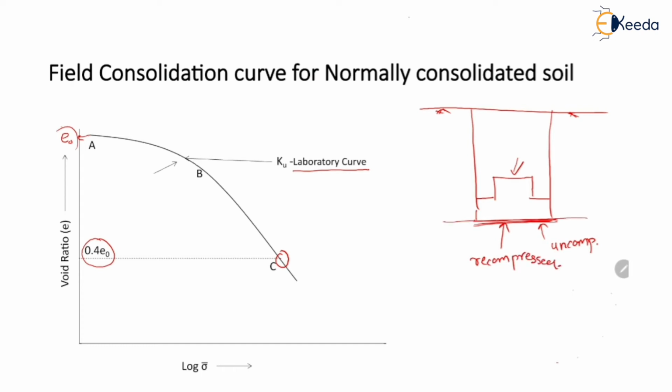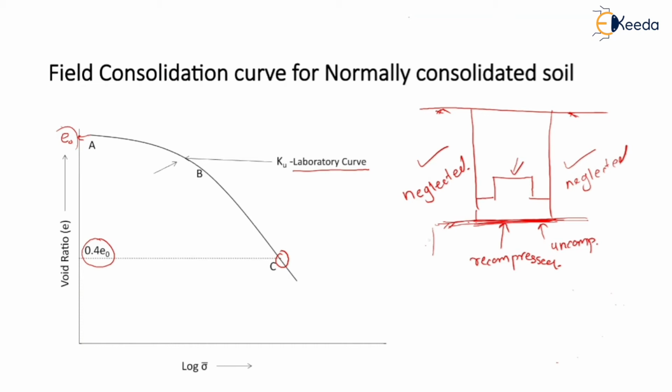So the changes in stresses occur at the base of the footing only. In order to determine the consolidation characteristics of soil, we will have to consider the soil which is present below the base of the footing, and the soil which is present above the base of the footing is neglected. So these soils are neglected. Since we have considered the soil below the footing, the soil present above the footing level is considered as surcharge.